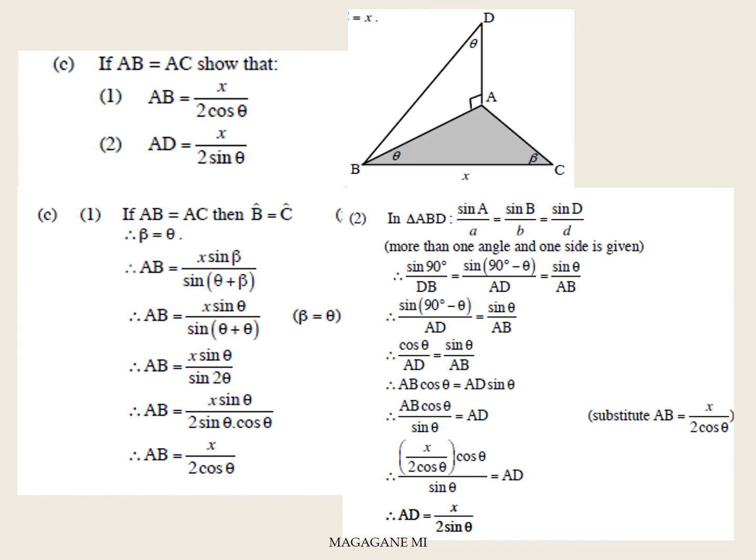Then we cross multiply. AB cos theta equals AD sine theta. Therefore, AD equals AB cos theta over sine theta. Then we know that AB equals x over 2 cos theta. Then cos theta cancels cos theta. Then our final answer will be AD equals x over